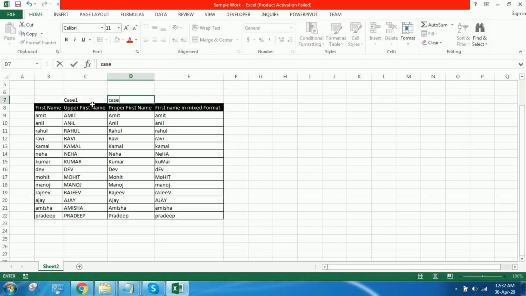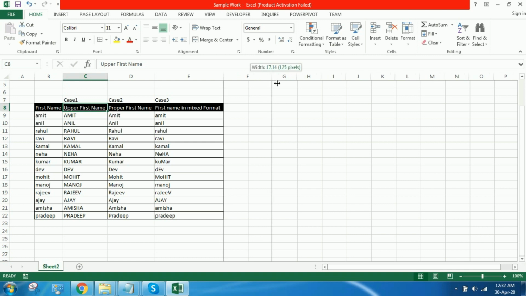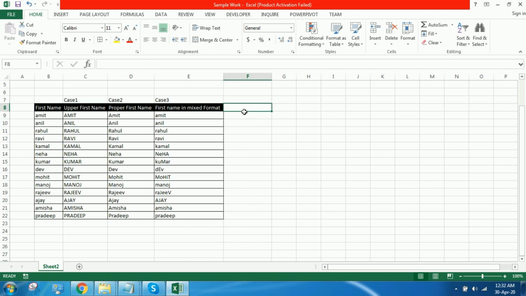So let's check the first name with the names given in case 1. All false, because first name has all names in small letters, while in case 1 we have all names in capital letters. That's why the EXACT function has given false as a result.